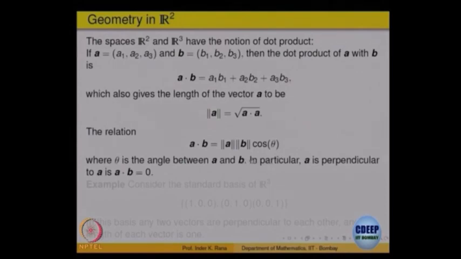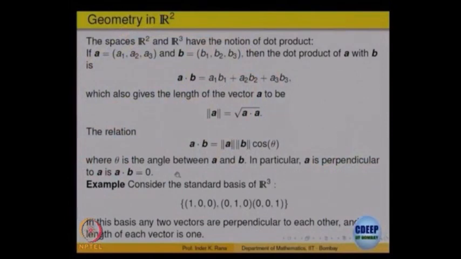Once that is there, you can say when two vectors are perpendicular and the angle between them is 90, that means A dot B is equal to 0. So, that gives you an algebraic notion of perpendicularity of two vectors, that the dot product is equal to 0. So, geometry is being converted into algebra, keep that in mind, because you can do geometry in R2, you can do geometry in R3, you cannot do geometry in R4, you can't visualize that. But you want to do the same things. So, all these concepts carry over to R2, R3, R4, Rn, any, right. So, we can do everything.